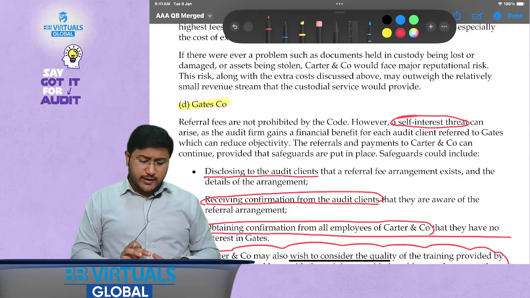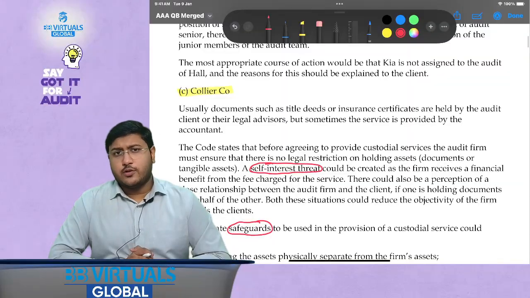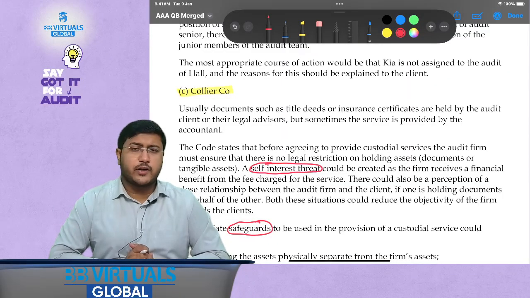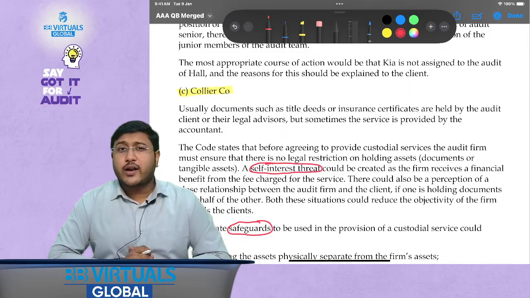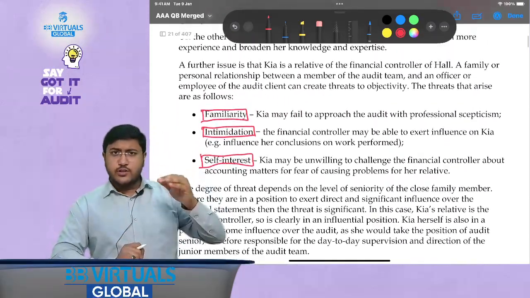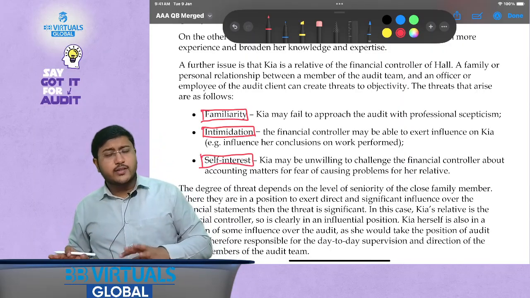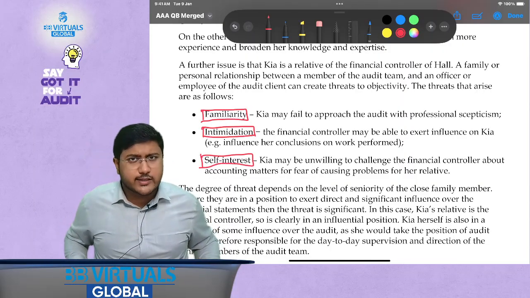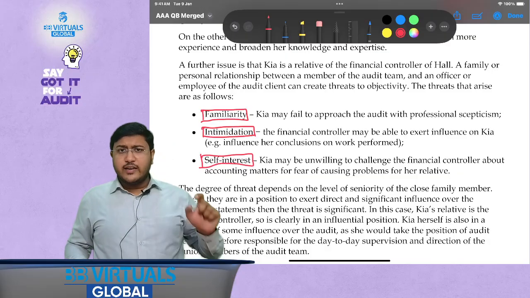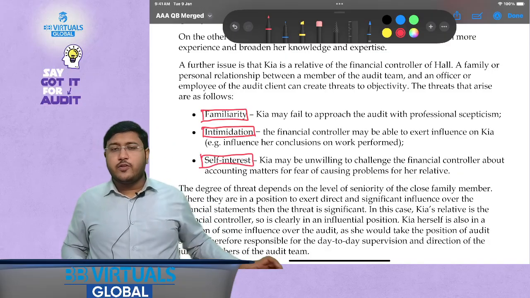I hope you understood these questions, and I would suggest you solve more questions from the ACCA study hub and from other reference materials that you have. But what I want you to do is solve every question with this much patience. You have to read the question word by word, draft your answers, if possible draft the full answer, and then compare your answer with the suggested answer. Wherever you feel that you are not comfortable with the suggested answer, or if you have any questions, please feel free to reach out to me.